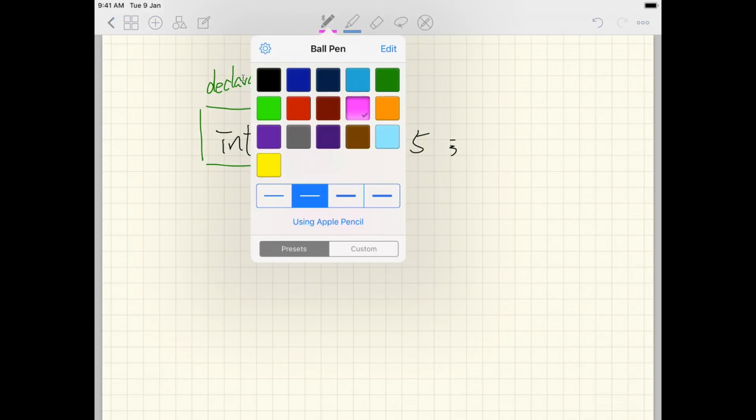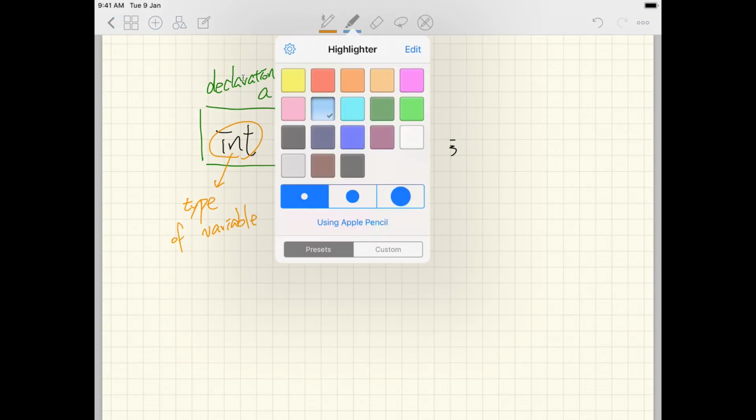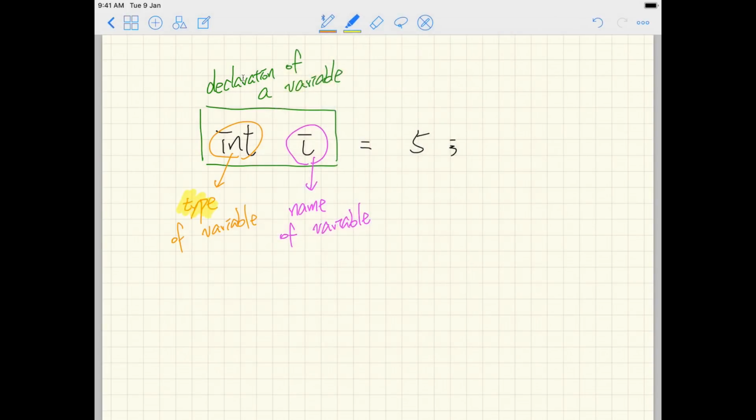And over here, the int is the so-called type of the variable. Type is a very important concept that I'll keep emphasizing throughout the course. So what does type mean? You can think of it in this way. Type simply means